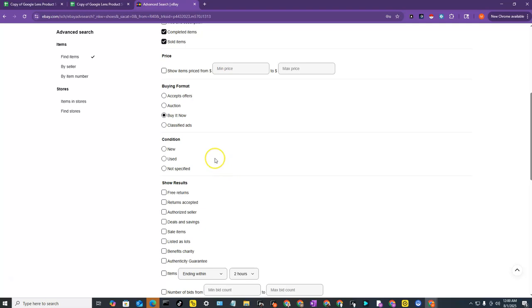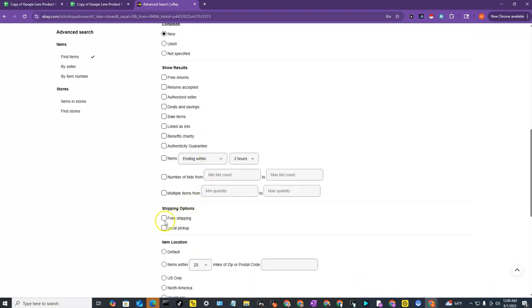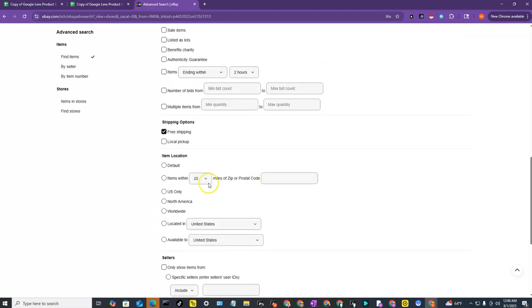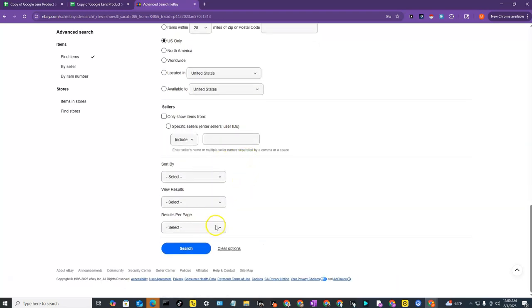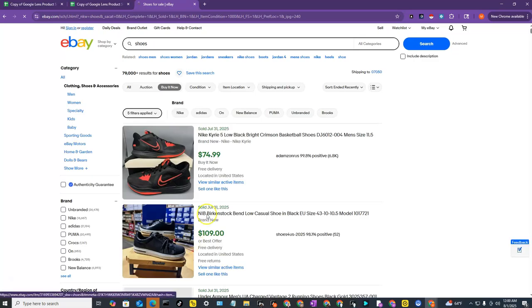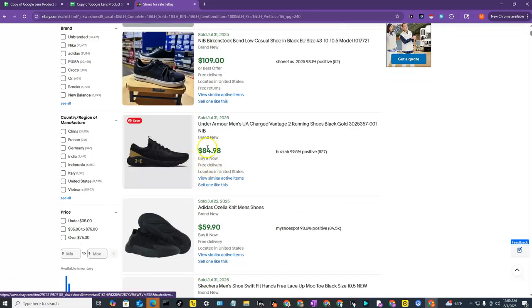You can apply any filters you want. This is just what I'm doing right now for this video. I'm clicking on new and then free shipping, US only, and a certain number of results per page. I'll just do the maximum, 240 results per page, and I will then click on search. That will give me items that have sold that are brand new shoe items with free